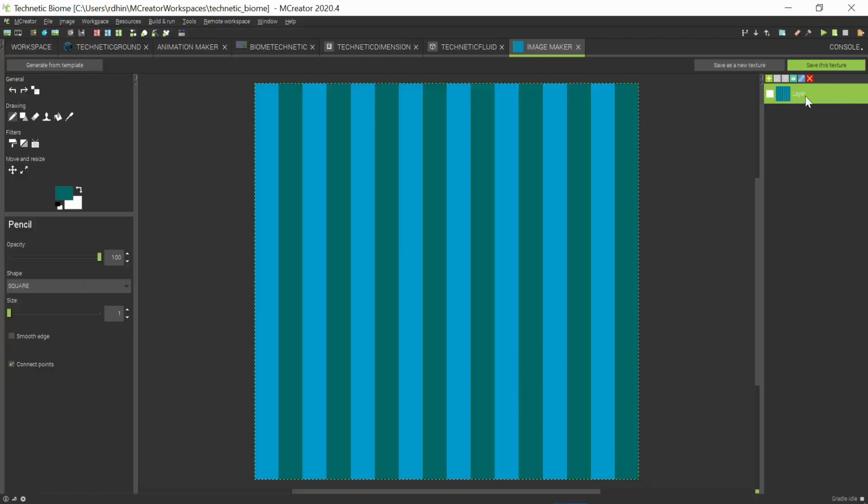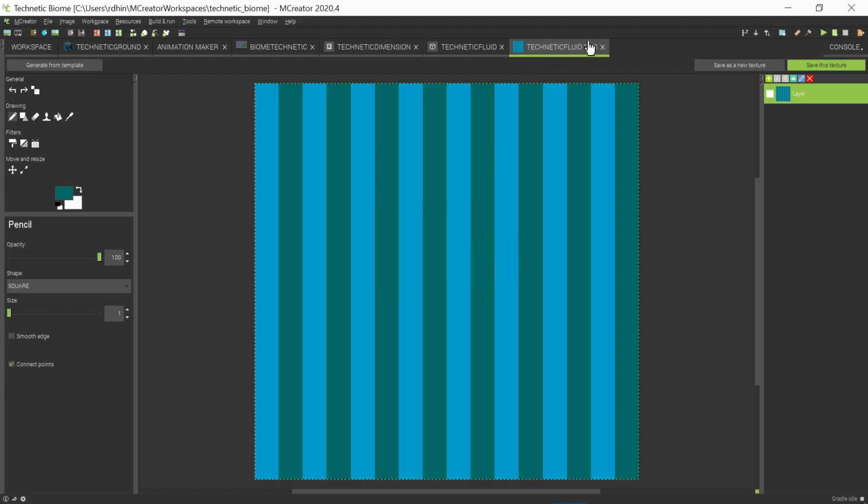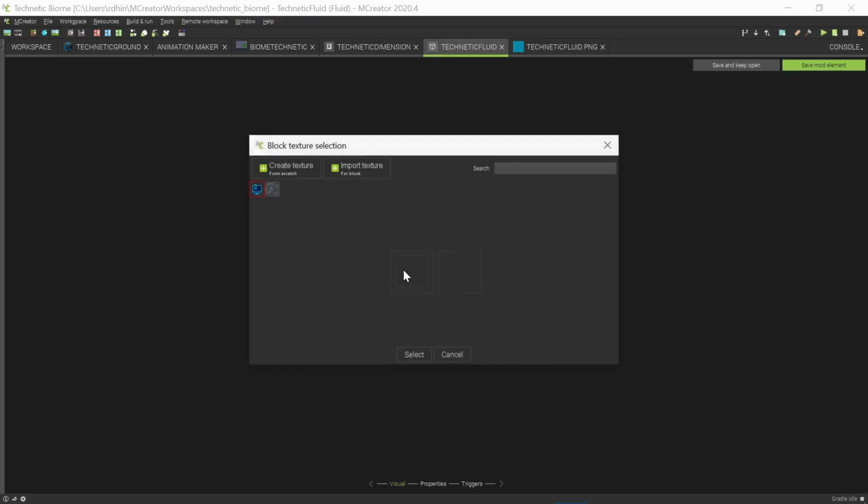Once you're done finishing your still texture, you can click on save this texture and we should probably save it as other. So for the name of this texture, you want it to be all lowercase, otherwise you're going to be greeted with an error message. So for now I can just make this Technetic Fluid. There, and then it saves it as a PNG. So we can head back over to our fluid and